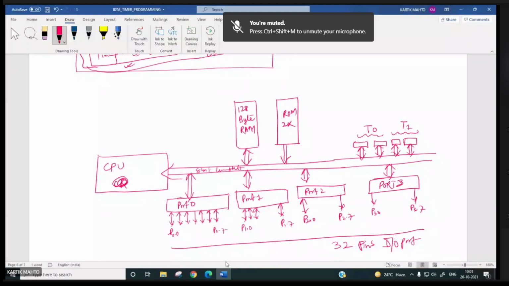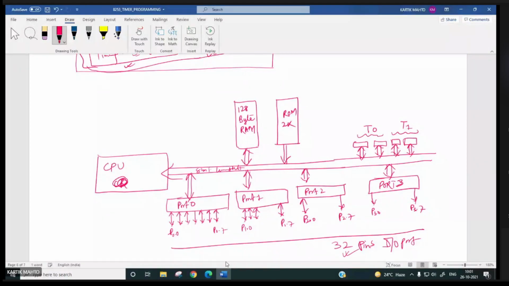So how many pins are over? You can see 32 pins are there. Then you need VCC, you need ground, you need a reset pin, right? Now you will say, where will we write the program, from where will this CPU fetch the instruction and execute them? So your program of 128 bytes you can store over here very easily.